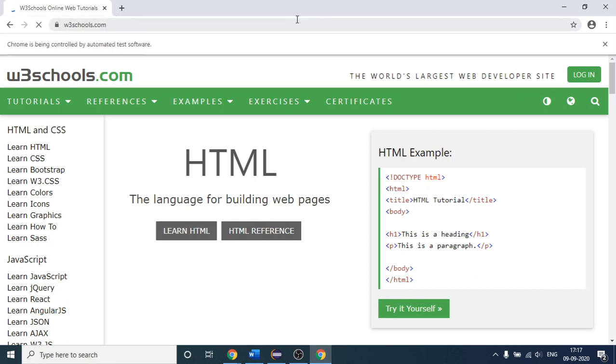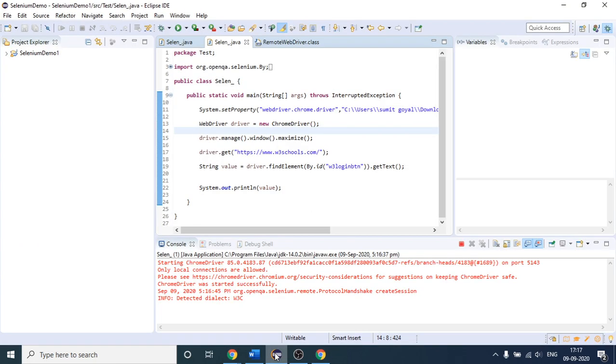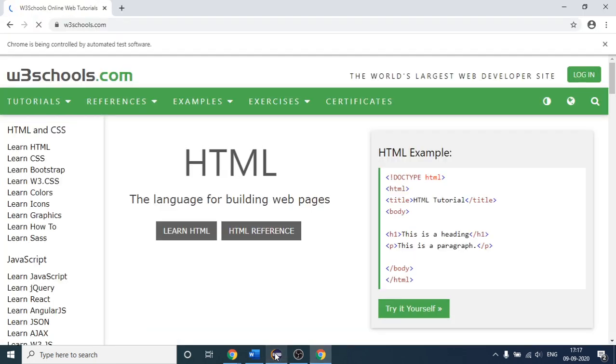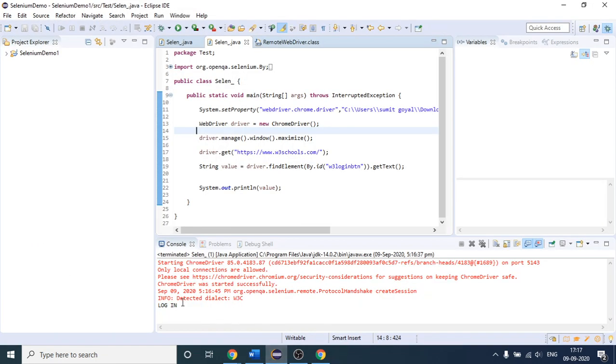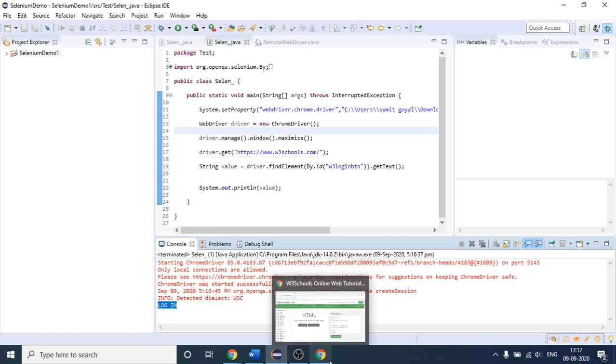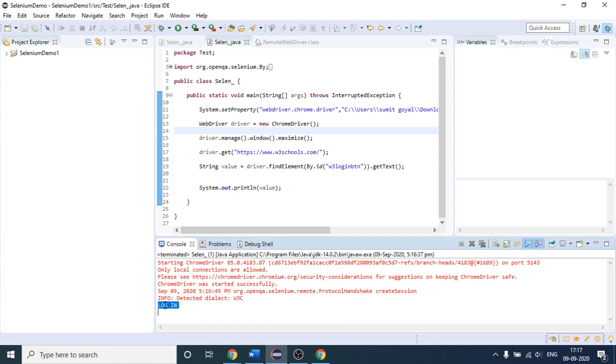Let's wait a couple more seconds. I think my internet connection is very slow. There are chances that our test can fail because it is taking more time to load. After our browser finished loading all the elements on this page, we have got this login text.